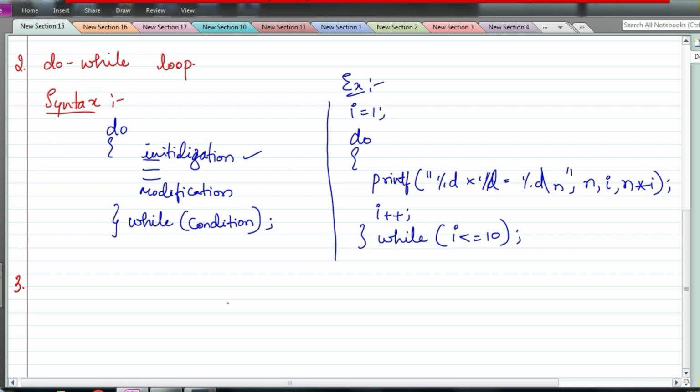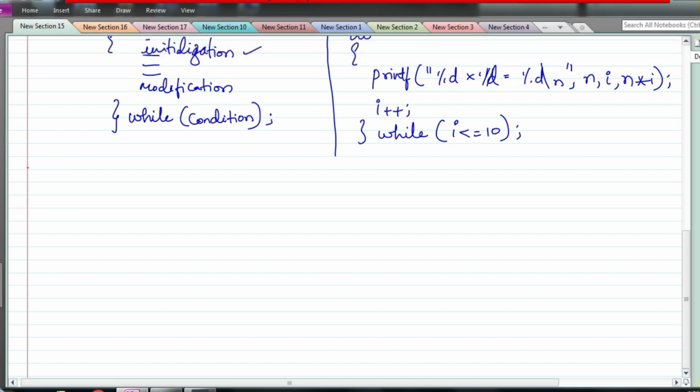Put all the statements inside this do while loop, and place the initialization before the do while. The instructions will definitely get executed at least once, and after getting executed, the condition will be checked. If the condition is true, the compiler will repeat the set of instructions again and again. Okay, so that is the do while loop.